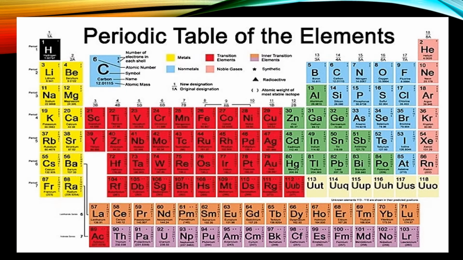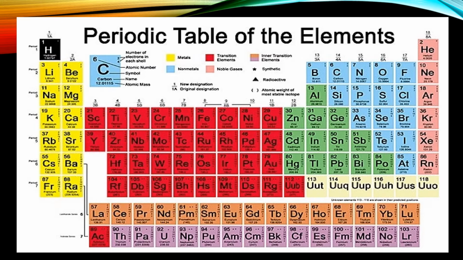Here you can see the picture of this periodic table. It is the most common form of the periodic table, and elements are arranged in order of their increasing atomic number from left to right, and from top to bottom you can see. From left to right they are called the periods, and there are a total of 7 periods, and from top to bottom they are called the groups. And there are varying numbers of elements present in the periods and the groups, you can see here, and different colors are assigned to different elements.